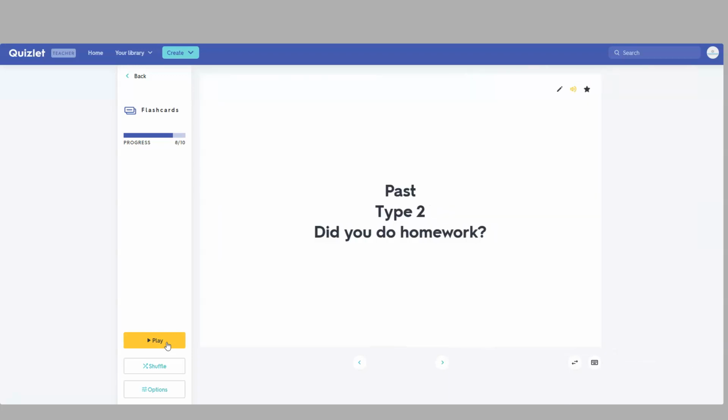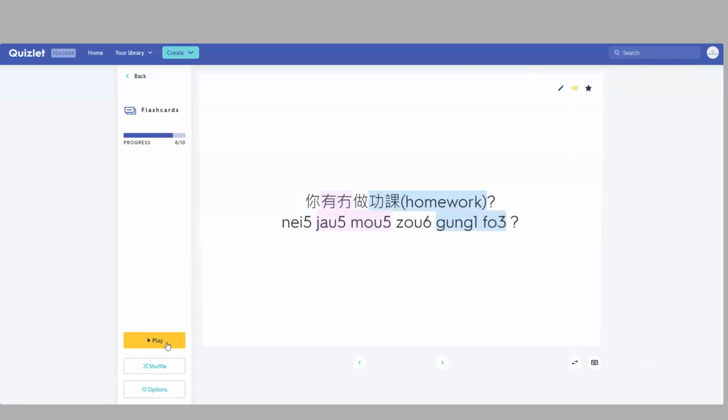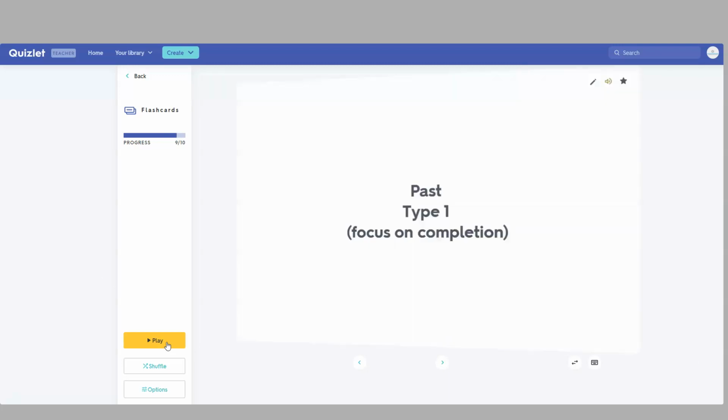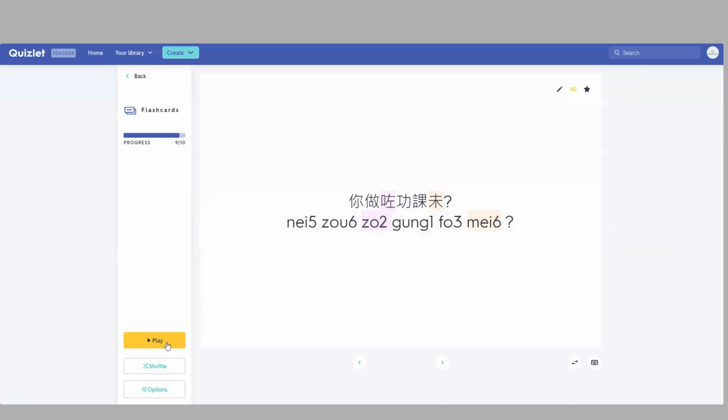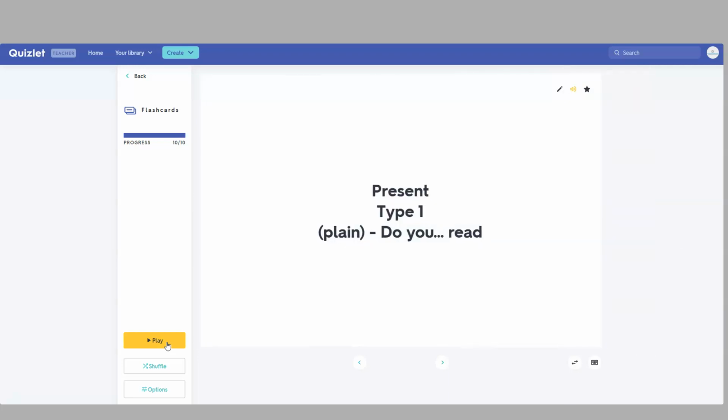Past type 2. Did you do homework? 你有冇做功課？ Past type 1. 你做咗功課未？ Present type 1. Do you read? 你睇唔睇書？